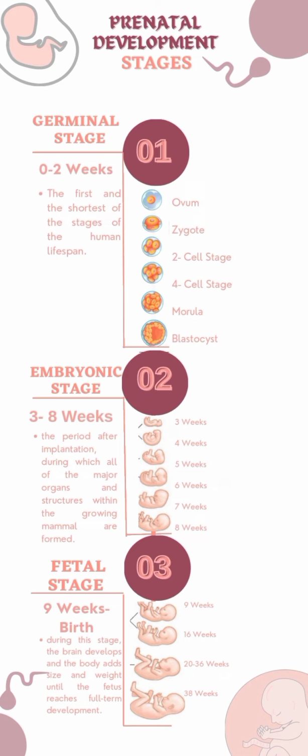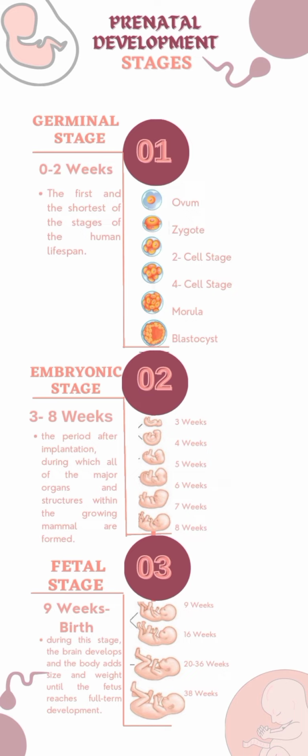It is the first 2 weeks of pregnancy. It is the first and the shortest of the stages of the human lifespan. It begins in a fallopian tube, when an ovum, or the egg cell, is fertilized by a sperm to form a zygote. The germinal stage continues as the zygote undergoes several initial cell divisions, 2 cells dividing into 4